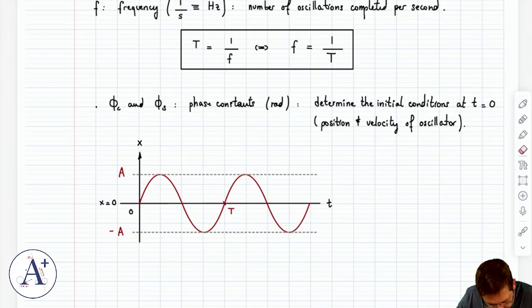I can certainly have an oscillator that is moving to the right at t equals 0. But it doesn't have to be the case that that's true for all oscillators. Right? So I could have an oscillator, for example,